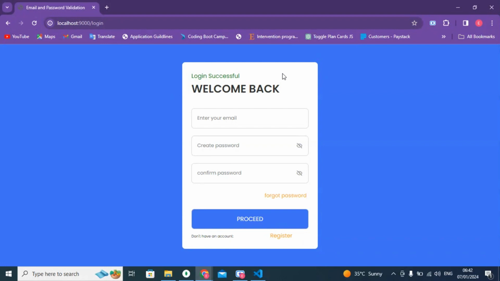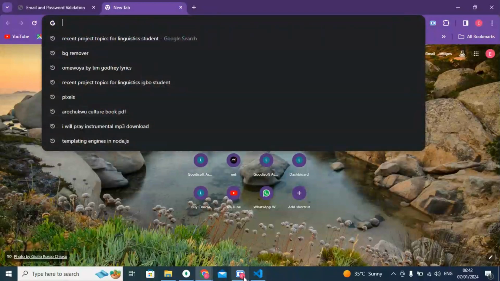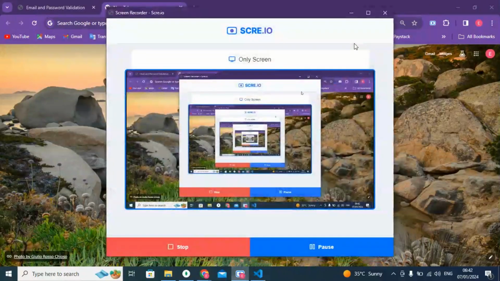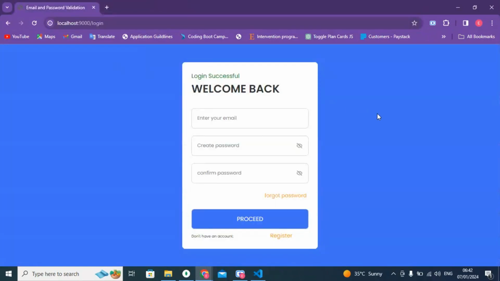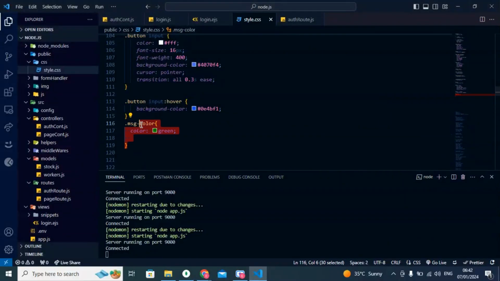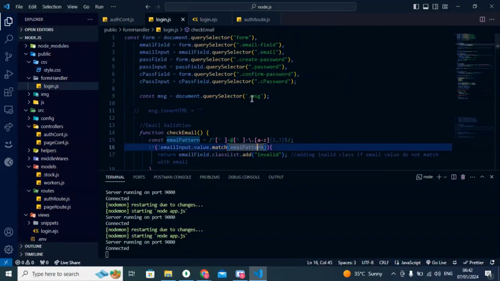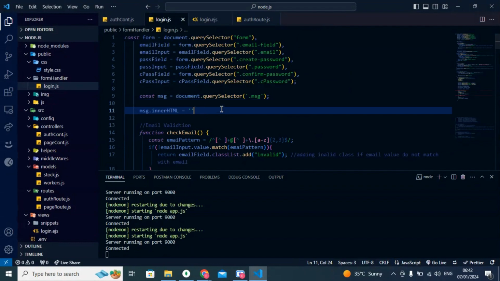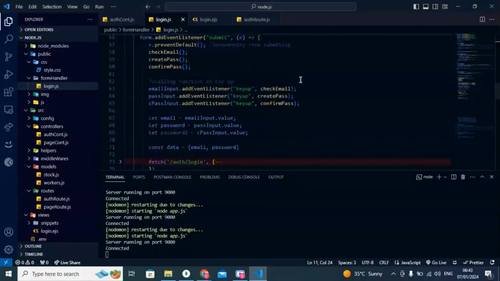So this is how it will be. I wanted to put an icon, but I will leave it like this. So now I will come here and set it to empty. Now HTML empty. So if data.success, it will show this. So before it will show